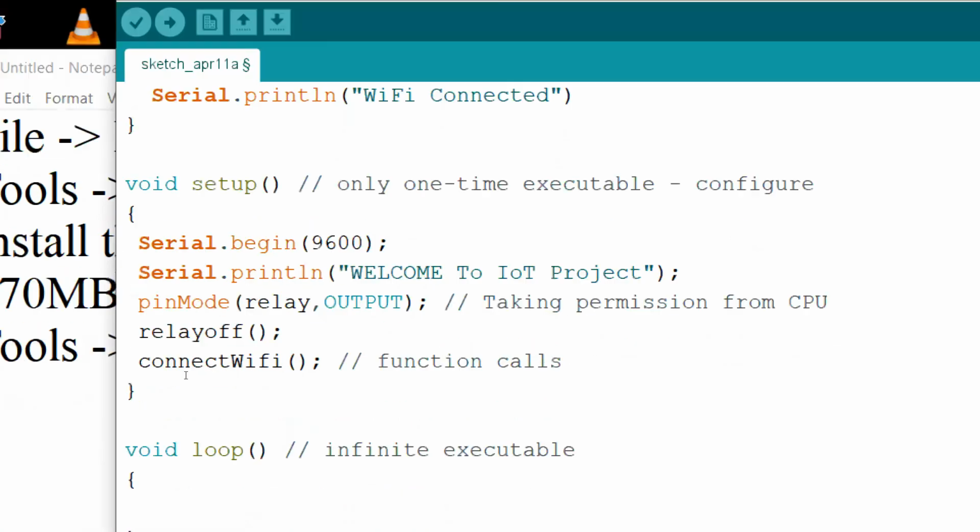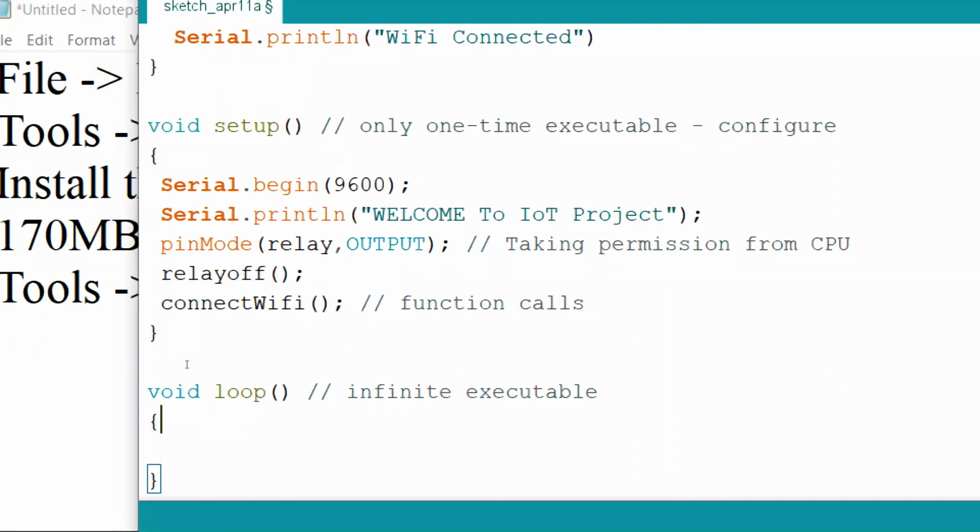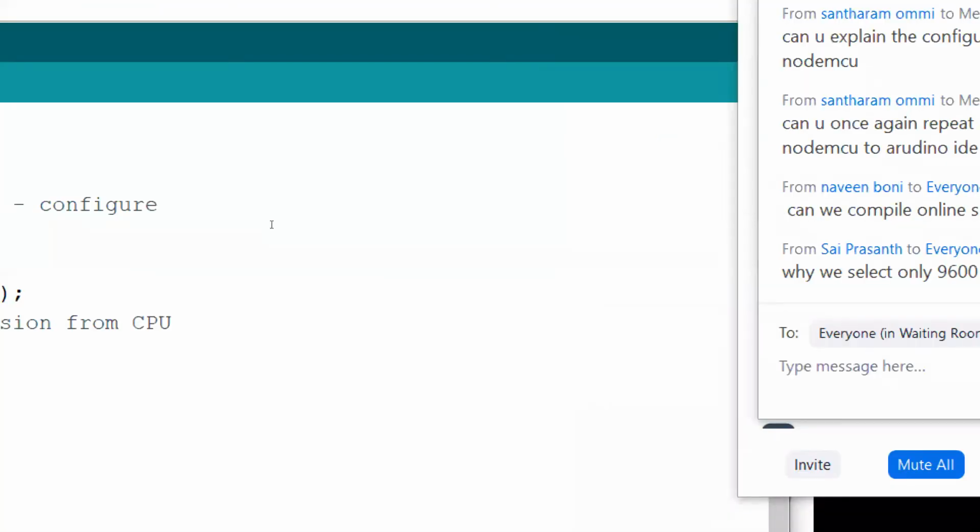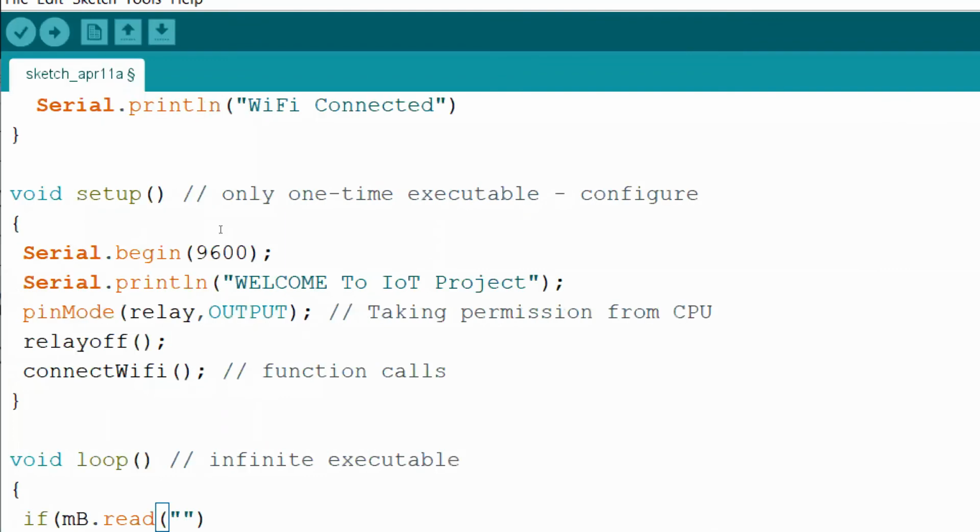So inside void loop, we have to write logic. So this logic is important. Okay. If MB, that is the variable which we took there, read, and you need to pass the API key. We have selected 9600 baud rate.